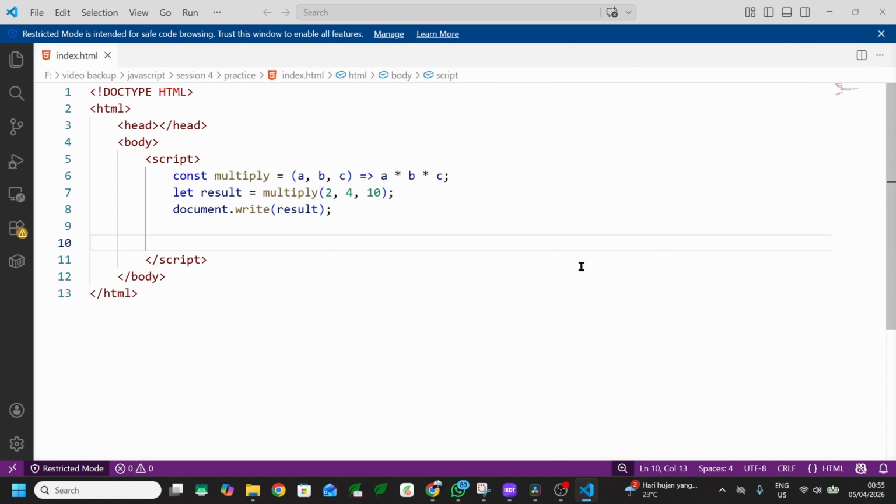Now I will make an example of a simple shorter function in JavaScript.